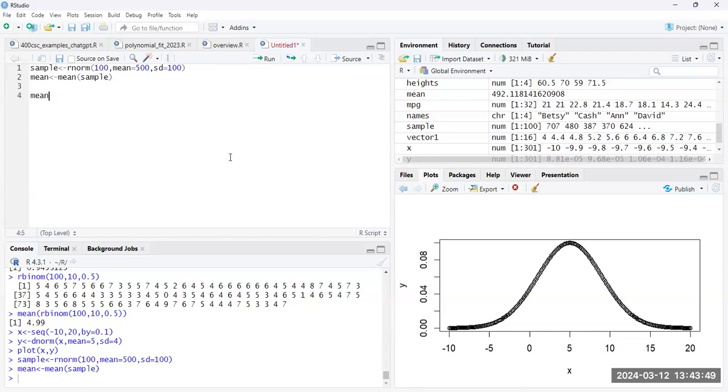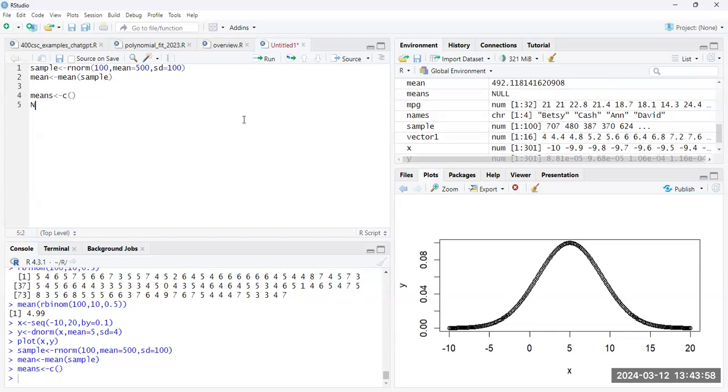So to do that, we're going to create a vector that for now is just empty. And then I'm going to specify the number of sampling steps that I want to take, how many samples I'm taking, and then also how big my samples are. So for this example, I'm going to have each sample be 100, and then I'm going to take 1,000 of those samples of 100. And then my for loop: for i in 1 to n, curly bracket,